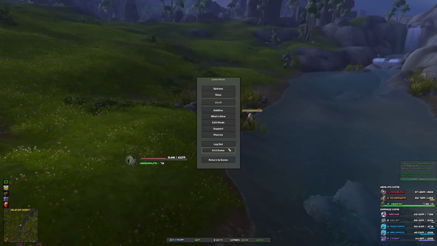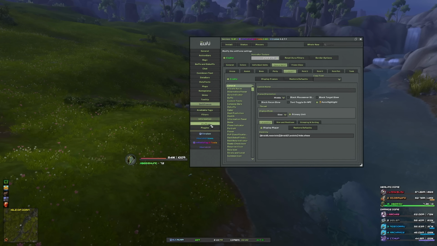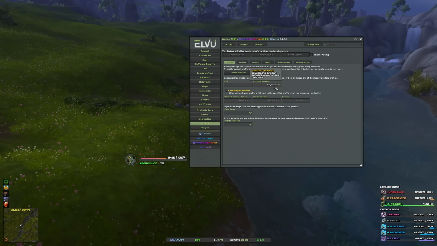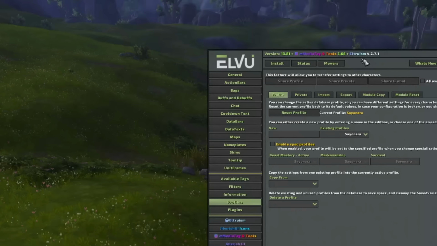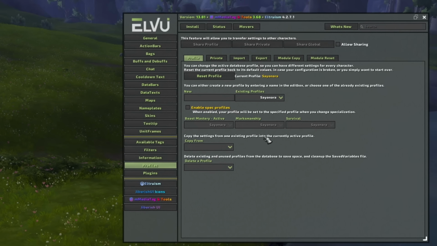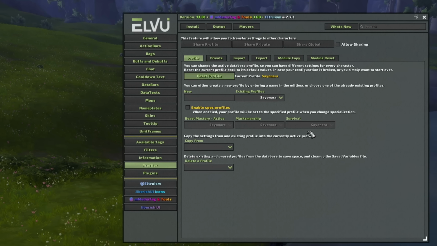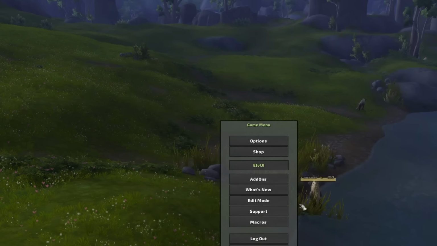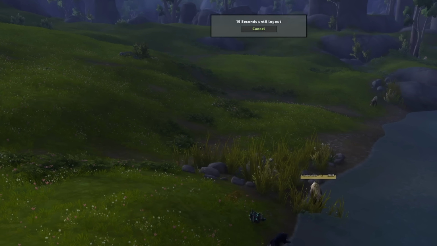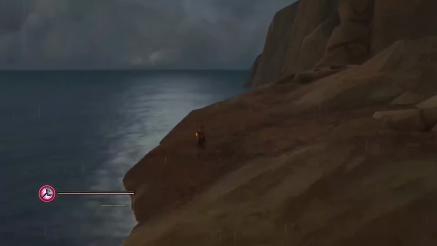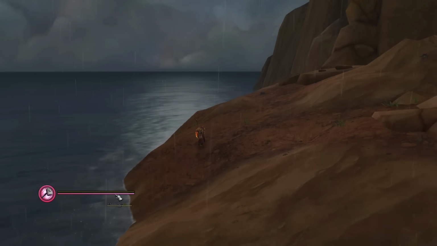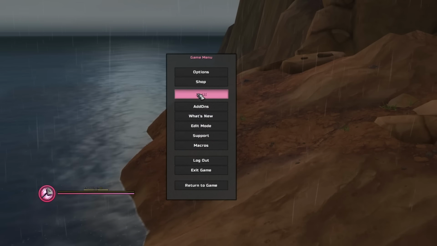If I want to go on to my healer, the first thing I'll do is go into profiles, and I'll check the name of this profile. So this is a new profile that's going to be releasing to my Discord, Sayonara. Here's the name of it. I'm going to look at the private string as well. This is for Gibberish Hunt on Stormrage, is my Hunter profile. So if I want to go on an alt and keep the same exact profile, all you would do is get onto that character. You get on whatever alt or character you want if you want to use that same profile. You'd go into ElvUI,